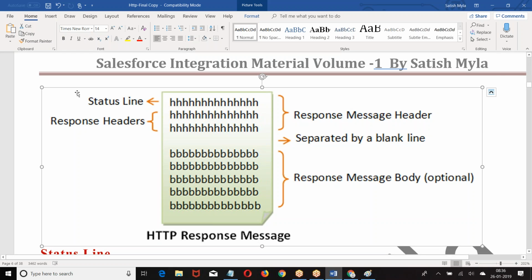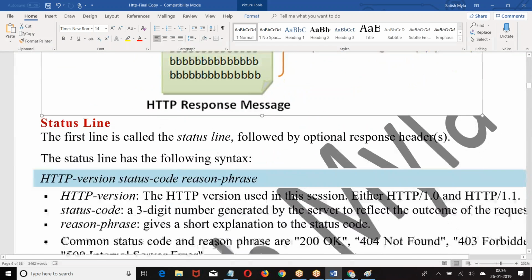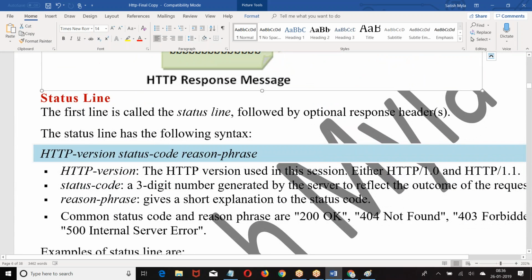Now what will this status line tell? It will tell you whether the operation is successful or a failure. Look at the point: HTTP, version number, status code, status reason.